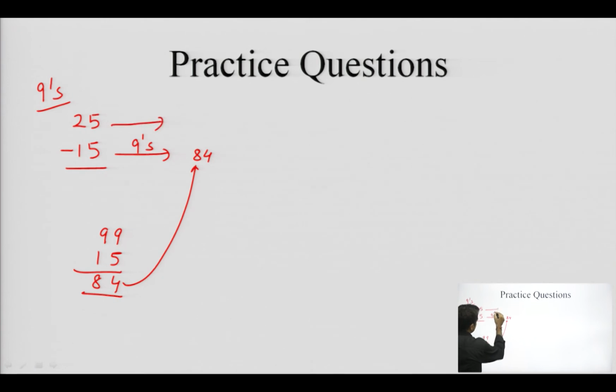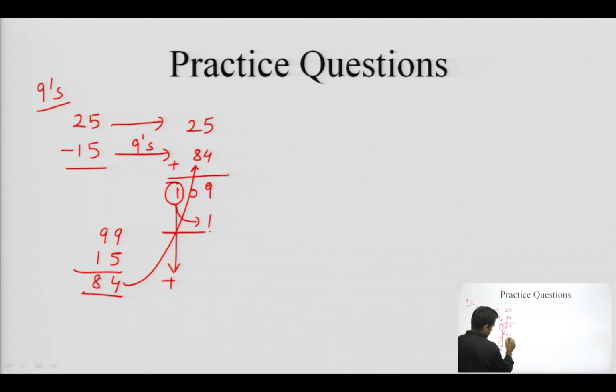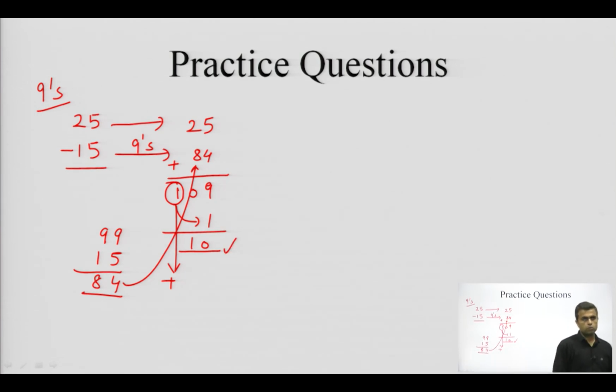And this number is retained, 25, and then I add these two numbers. 5 plus 4 is 9, 8 plus 2 is 10. Now, I can see that a carry is generated, which gives me an indication that the answer is positive, and to get the answer I have to add this carry back to the result. So, 9 plus 1 becomes 10. So, I am getting 25 minus 15 as plus 10. Similarly, I can perform this for 15 minus 25 as well.